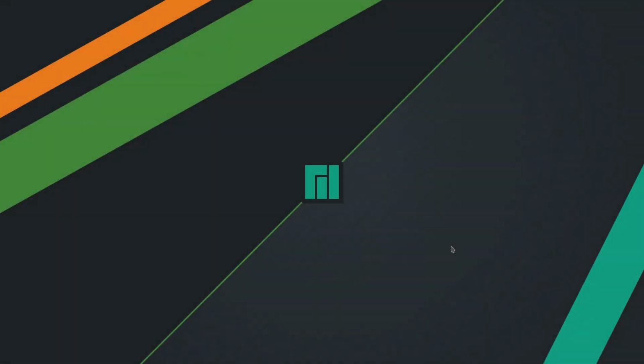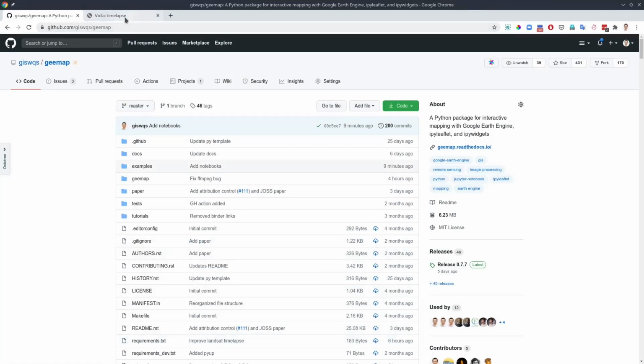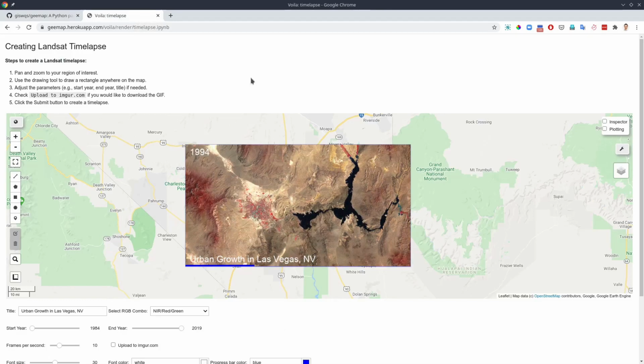Welcome to another Earth Engine tutorial. In this video, I'm going to show you how to build an Earth Engine interactive app for creating Landsat timelapse. Before we get into the details of how to build the app, I would like to show you the final